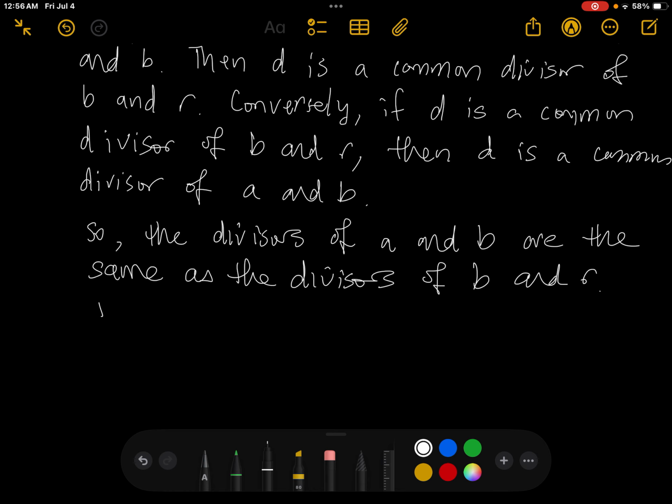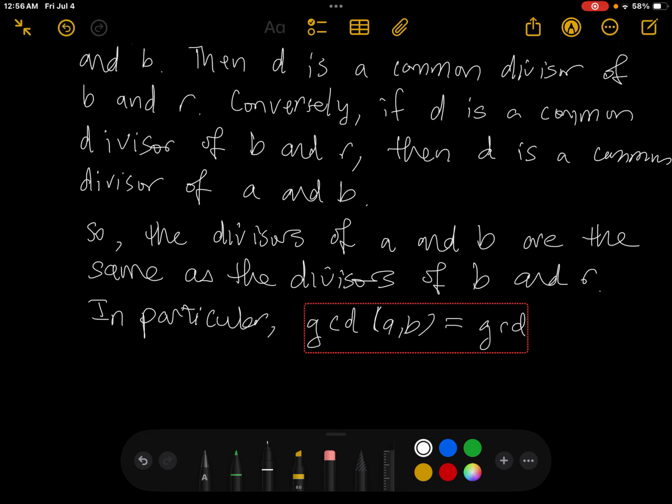In particular, the greatest common divisor of a and b is equal to the greatest common divisor